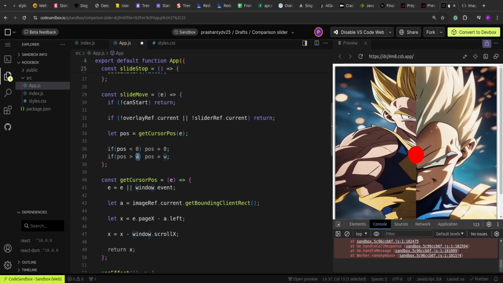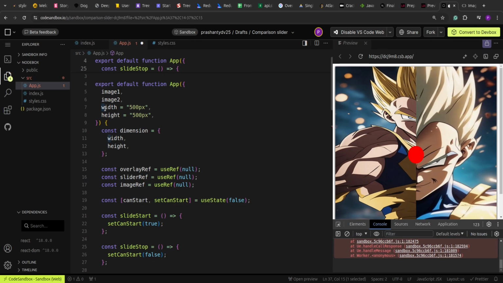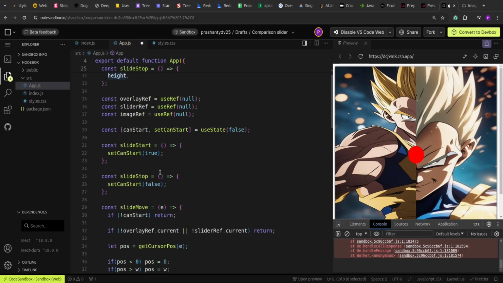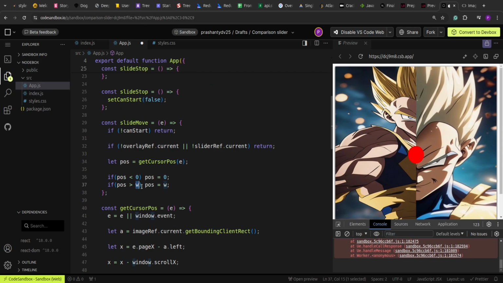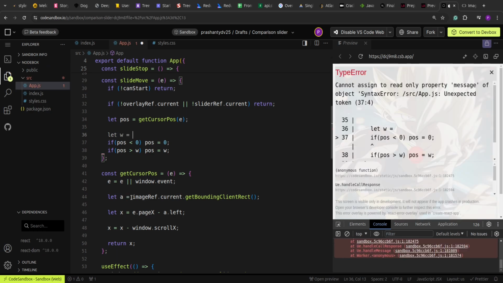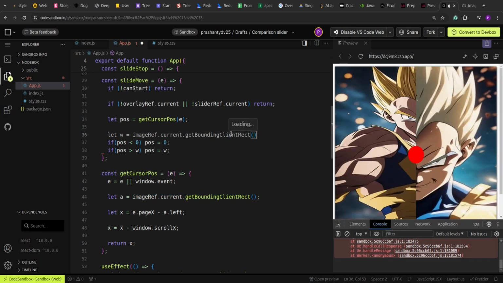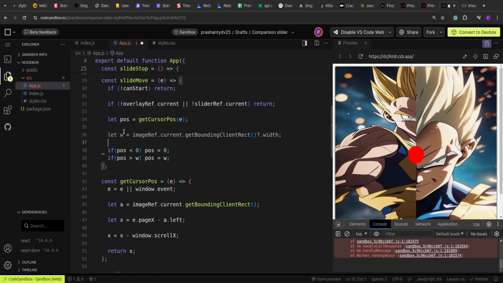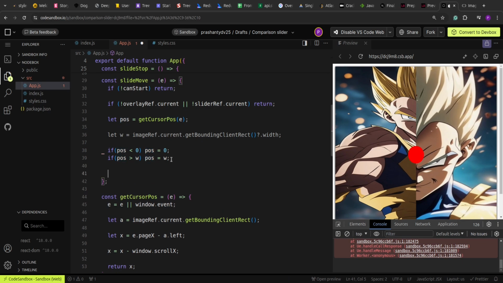Now this width is what we are receiving, right? So this can be in different metrics. We have to get the actual width in pixels. Now what we can do over here is, let's say we have the image reference. So we get this, and from here we get its width. This will give us the bounded width, so that we can keep the cursor bounded to the container dimension. Once we got this, we just have to